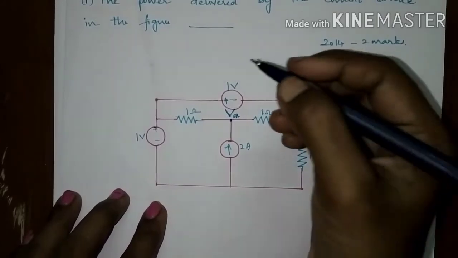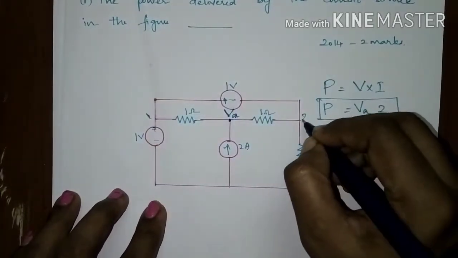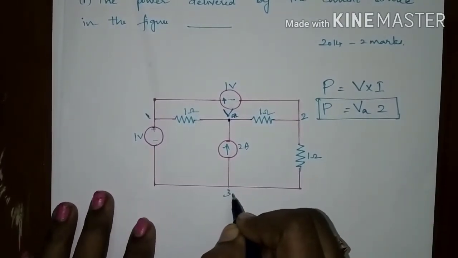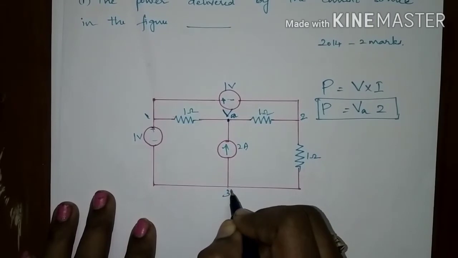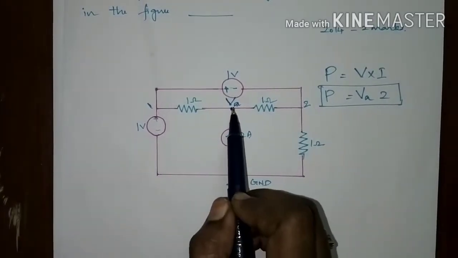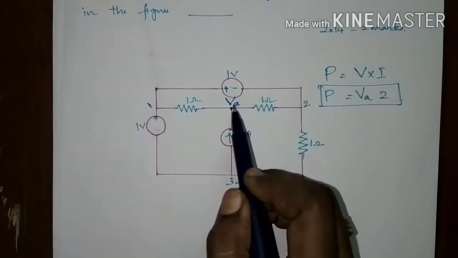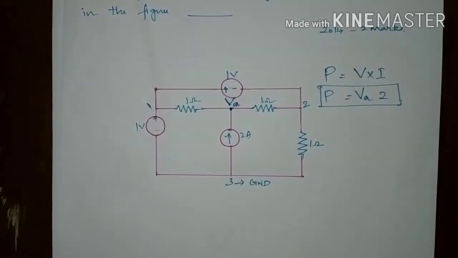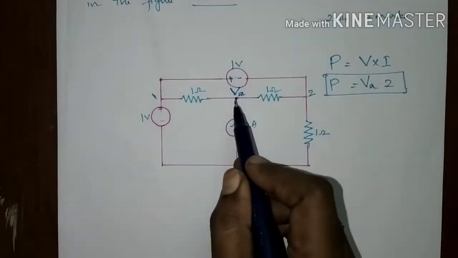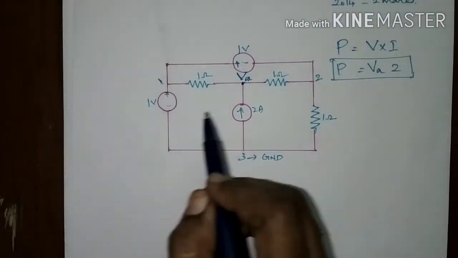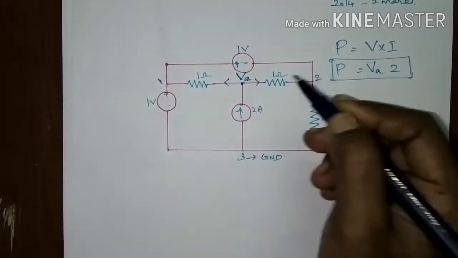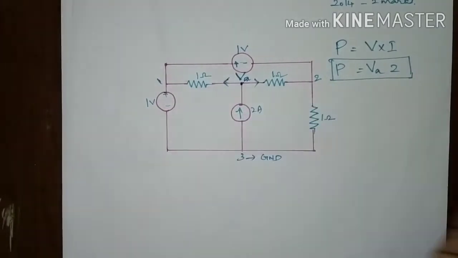Here the principal nodes are 1, 2 and 3, and take any one of the principal nodes as ground according to nodal analysis. I am taking this third as ground. You need the value of this voltage. Assume this node voltage is in higher potential. Since we need this voltage, you can apply the nodal analysis. So, if this is in higher potential, your current will be flowing in this direction only, away from that node.